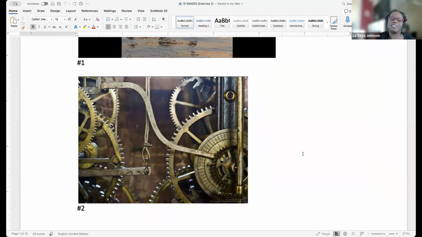This one, to me, is just interesting for how things connect together. If I were to use a phrase or an emotion, it would be interest. How are those different things connecting to make, I think that's a clock, but that's kind of what I feel when I'm looking at that. And connection. Connection is good. What else?